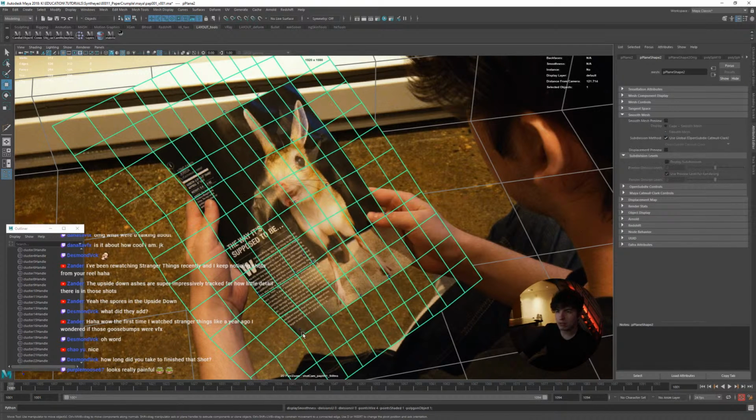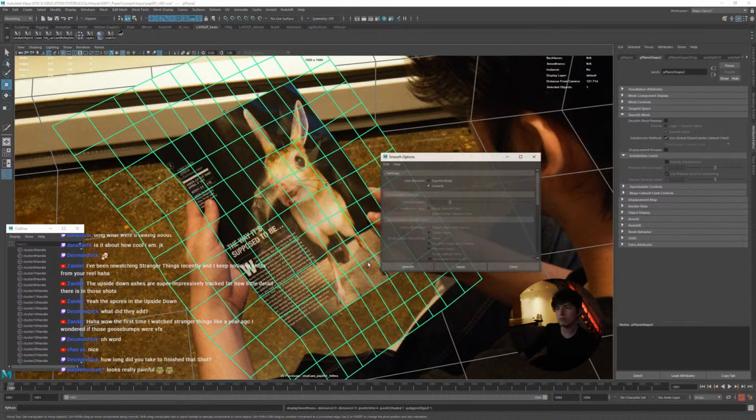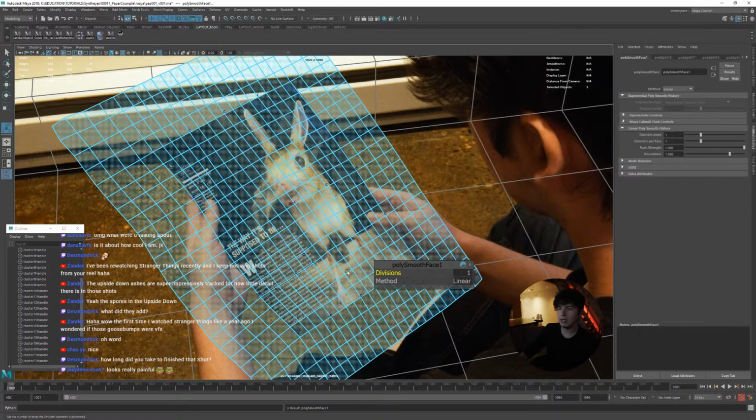There. So exponential smooth. If you hit 3, you'll notice that the points that I matchmoved have shifted position. You have now damaged your track. So with exponential smooth, if I go shift, right click, smooth, change from exponential to linear, and come down and make sure that push strength is all the way up. And now you are left with